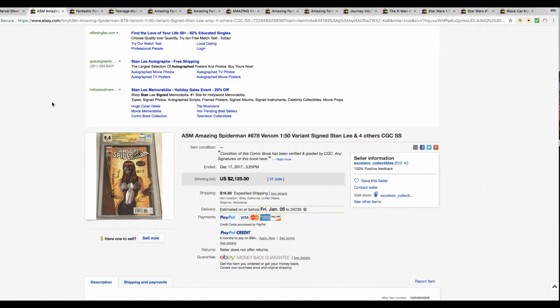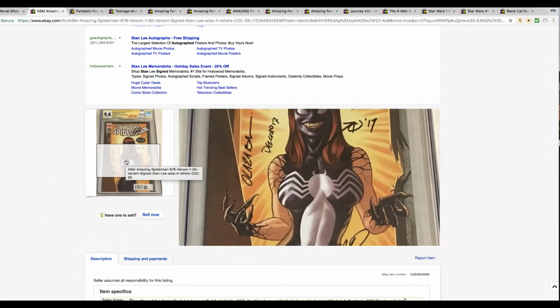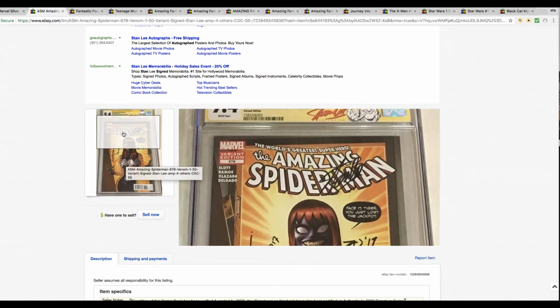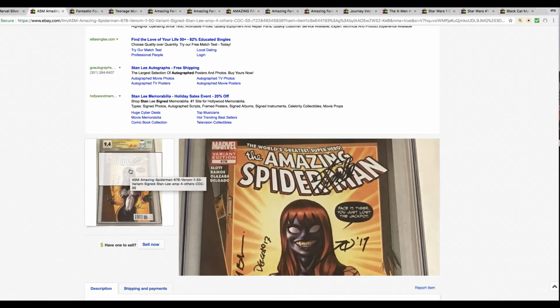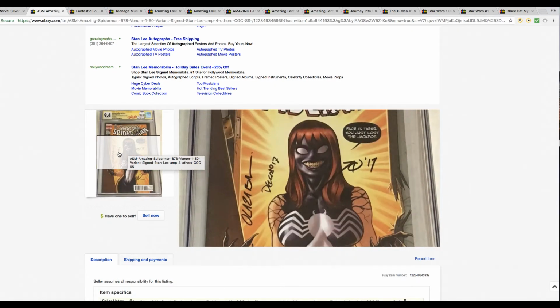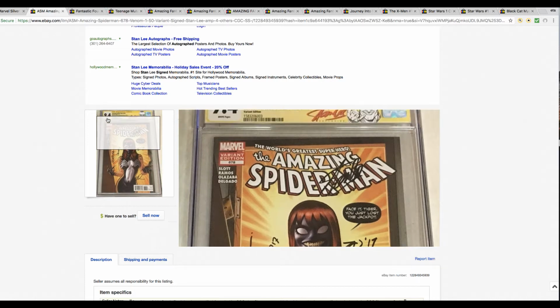Variant time, 678. We've seen this cover many times before though, right? But no, this is only a 9.4. And must I say, for a fairly new Stan Lee signed book, his signature is pretty decent, right? He used a finer marker or pen or whatever you want to call that. At least it's not bad. I have seen way too many Stan Lee signatures lately where he used a marker with a tip too big and it's just a mess. Okay, but look at this price,